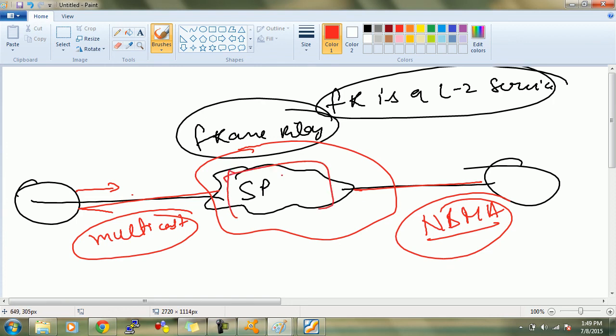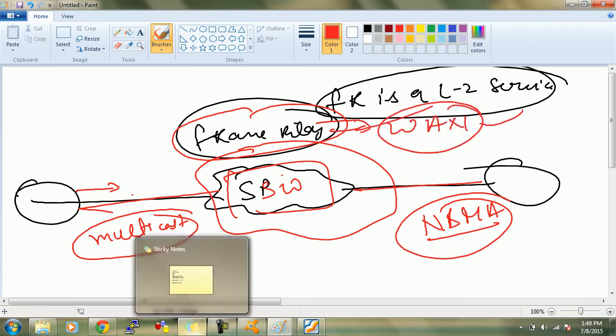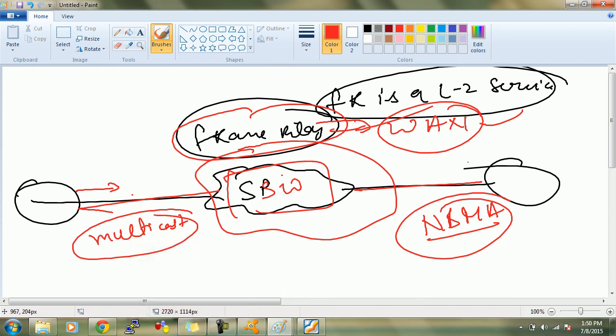See, it is similar to a switch. But in this case broadcast and multicast is not allowed. That's why we call these networks NBMA, non-broadcast multi-access. वी विल स्टडी दिस फुल टेक्नोलॉजी इन WAN में पढ़ेंगे हाउ फ्रेम रिले वर्क्स। फाइन, दिस थिंग इज क्लियर। हाँ भाई, और कोई क्वेश्चन था किसी का? बाउंडेड अनबाउंडेड आपने पूछा था, आप कुछ पूछ रहे थे? पॉइंट टू मल्टीपॉइंट बताओ।